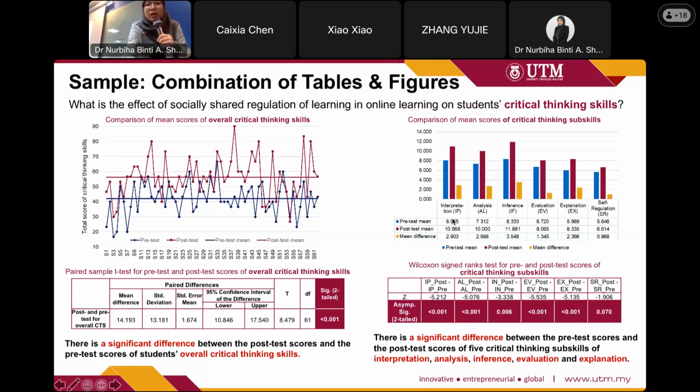Here also, this is the same information from... No, this is not the same information. So in the table down here, there is information about the inferential test, and up here is the information about how it is different for critical thinking skills across 6 types of critical thinking skills. So this is an example of combining